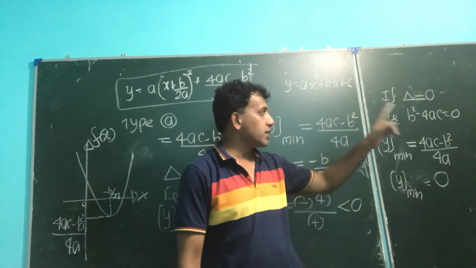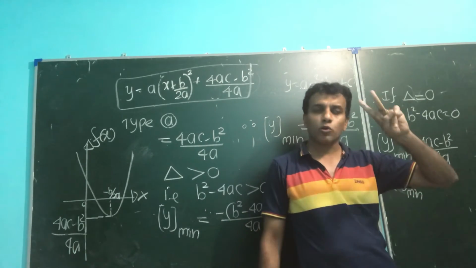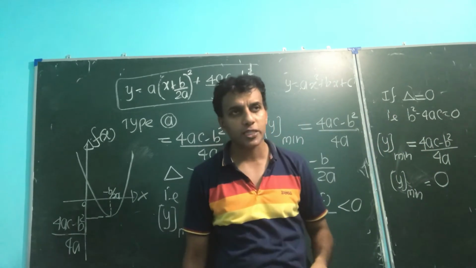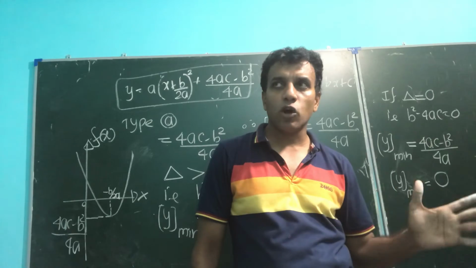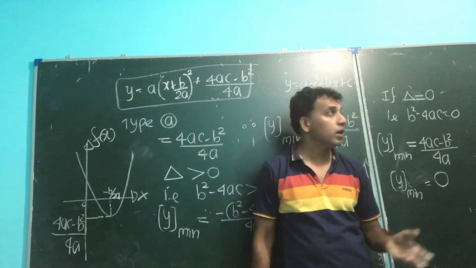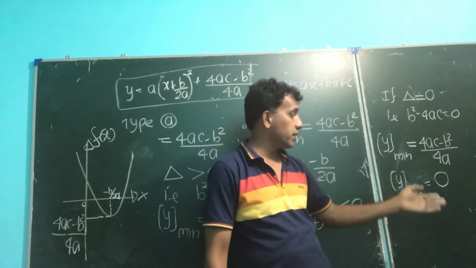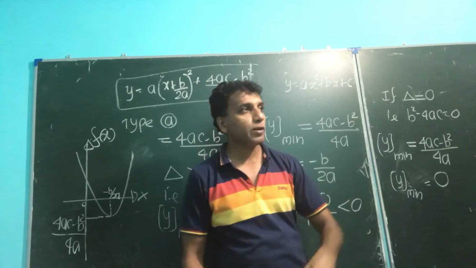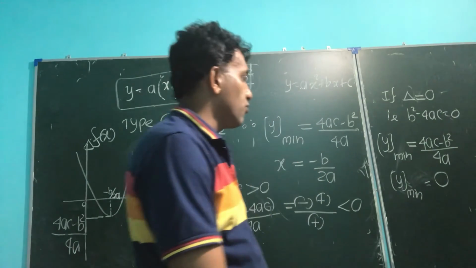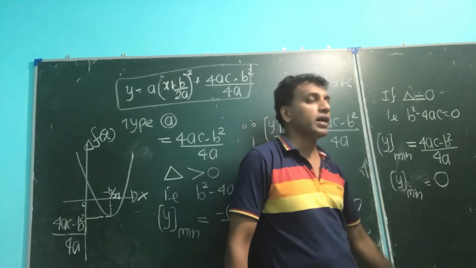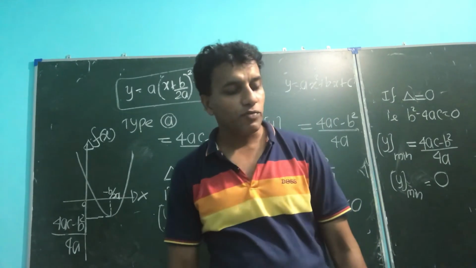You know delta 0 means only one solution. Two solutions are there, both are the same. What do we call that? Equal roots. Delta greater than 0 means two real roots. Delta equal to 0 means equal roots. That's what happened here. Once again we verified that in this lesson, right? So, therefore, if the discriminant is 0,